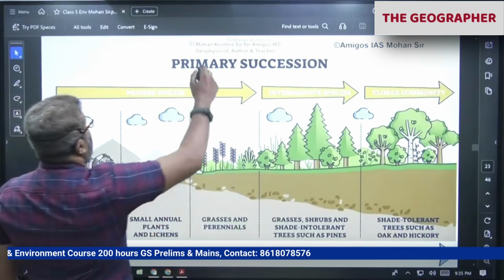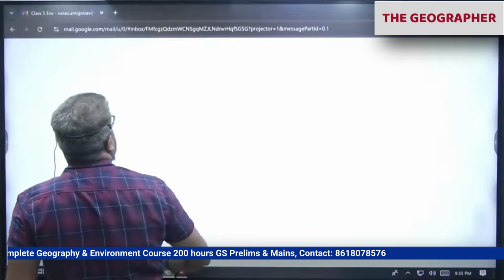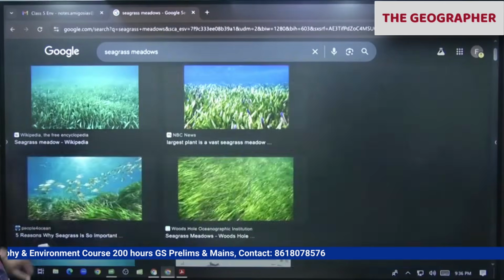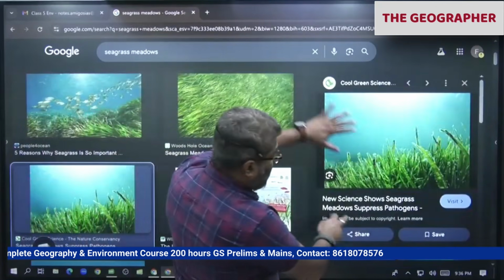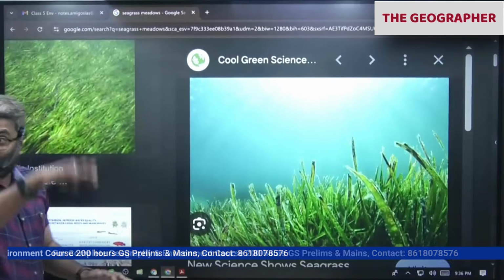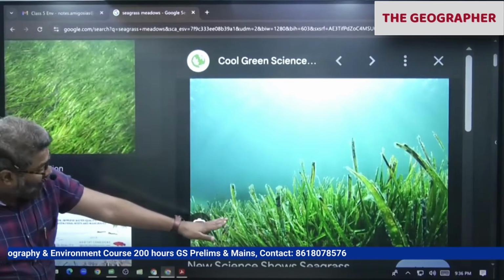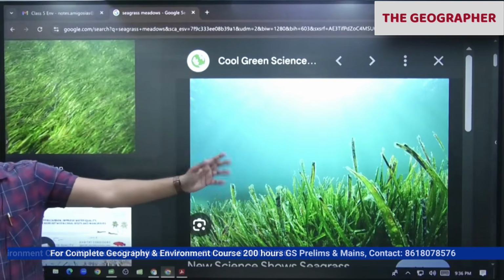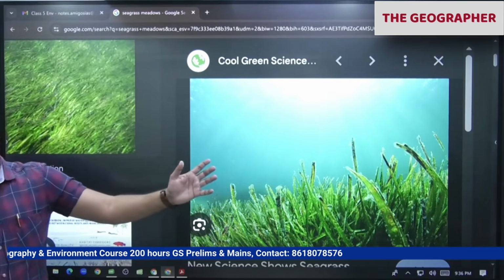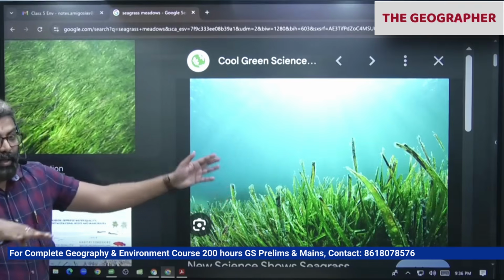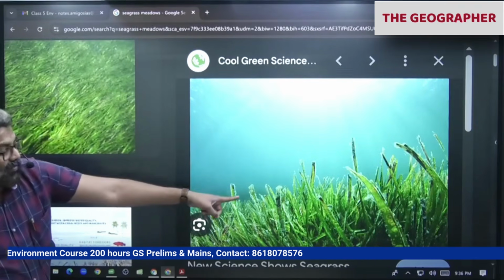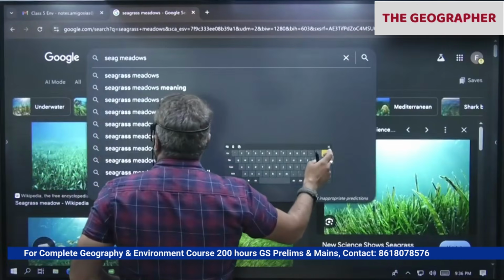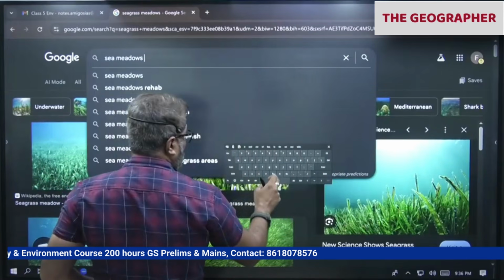So I'll show you the plants that grow in the water or under the water. Seagrass meadows. So notice this please. These are the grass species you can notice under the water. This is water. Below the water you can see this grass. Sunlight can penetrate, you can see, in the shallow waters of the continental shelf. We have the western continental shelf and the eastern continental shelf. There under the water we have this kind of grasses. In brackish salt water they grow. I'll show you. In the sea meadows of Gulf of Mannar, we have